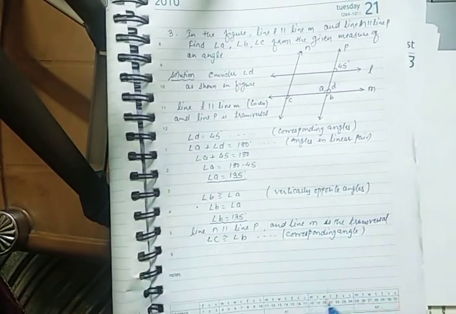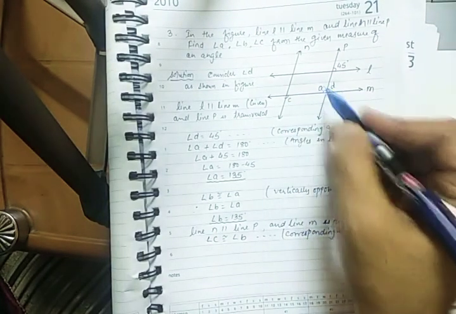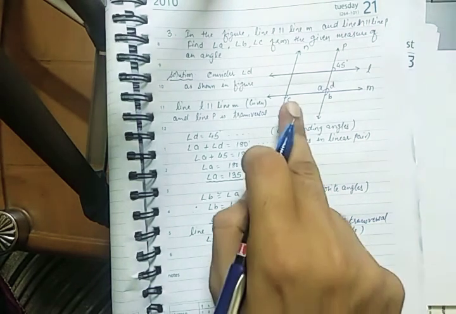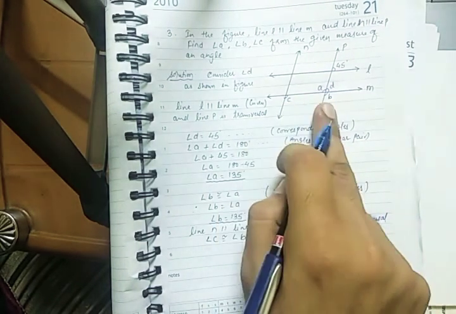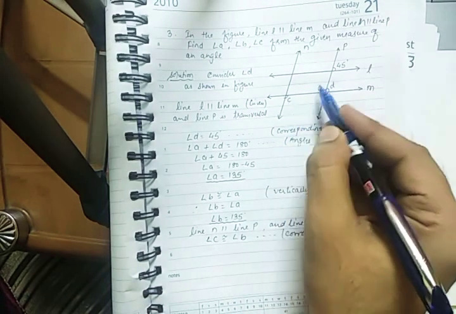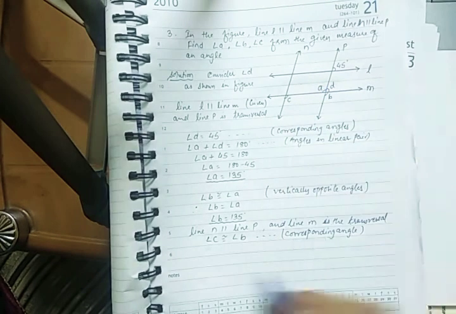Okay. If you want, you can also write angle C is congruent to angle A. Then you have to write the reason here: alternate angles. Remember, I have written here C is congruent to B, so I have to write the reason here: corresponding. If somebody writes that angle C is congruent to A, that is also right because they are alternate angles.